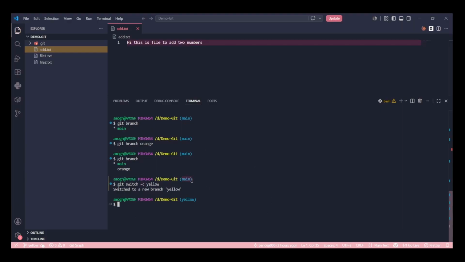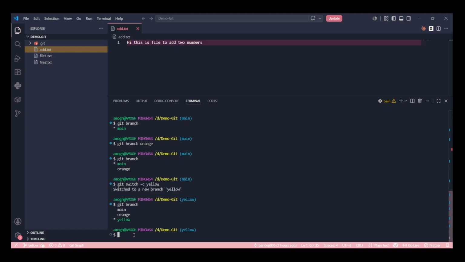As you can see, we were in main, and after that command we are in the yellow branch. If we run git branch again, you can see there are three branches, and the pointer is pointing towards yellow. It means the HEAD is pointing towards yellow. Is it clear?